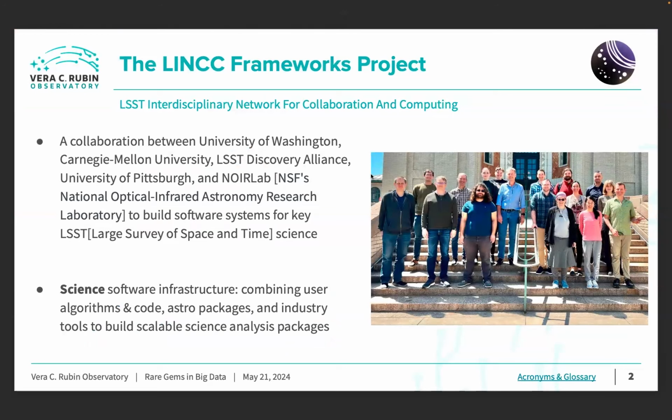LINCC Frameworks is a collaboration between several institutions, most notably University of Washington, Carnegie Mellon University, University of Pittsburgh, and our host here, NeuroLab. And our goal is to enable science software infrastructure. The main point is that Rubin Observatory will create a lot of data. A lot of effort has been done in creating the catalogs, data management, and doing the processing to create scientific level data. But the question is, when you have all of this data, can we enable scientists to